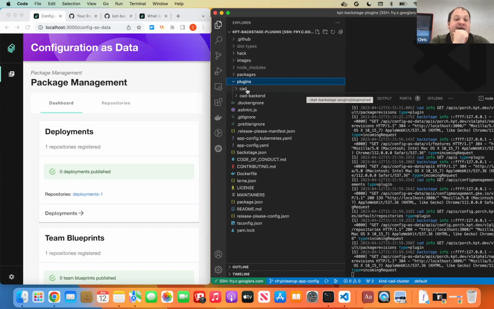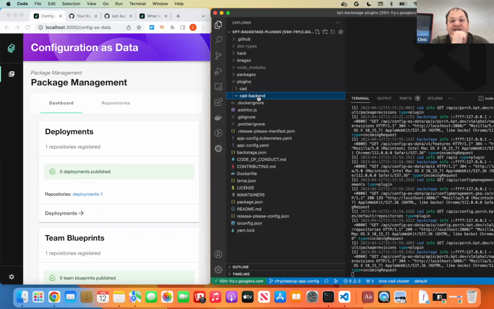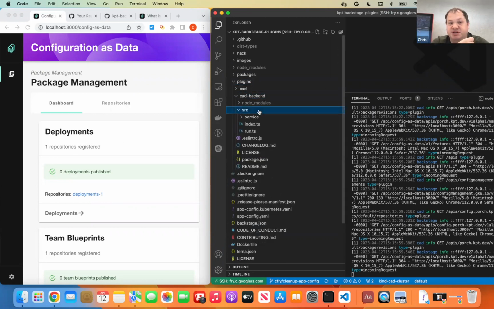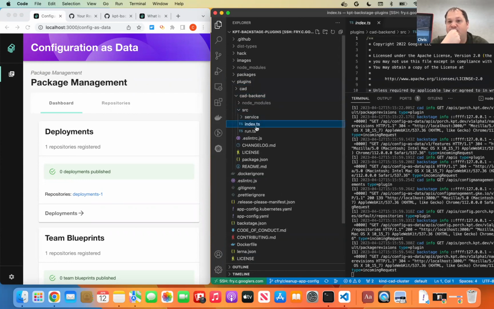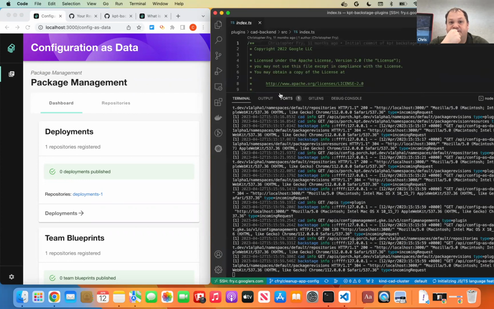I have the configures data plugin. This is actually the plugin for the UI itself, so this is the screen that we're seeing right here. As well, I have a separate plugin just because it's required for how Backstage is architected, for a small backend component that the configures data UI requires. And if we take a look at the source code, because it is rather simple, we can see that essentially all this does